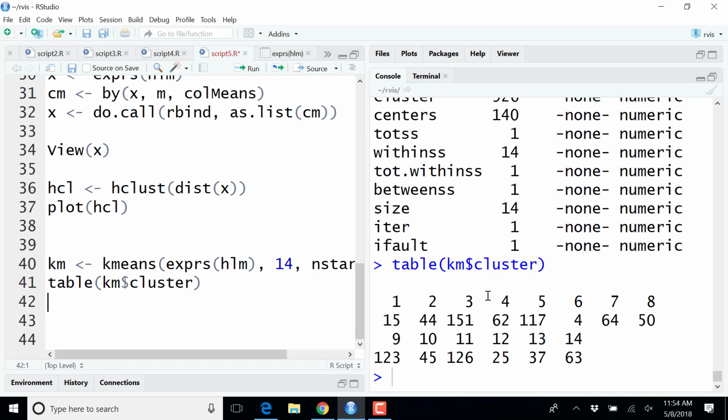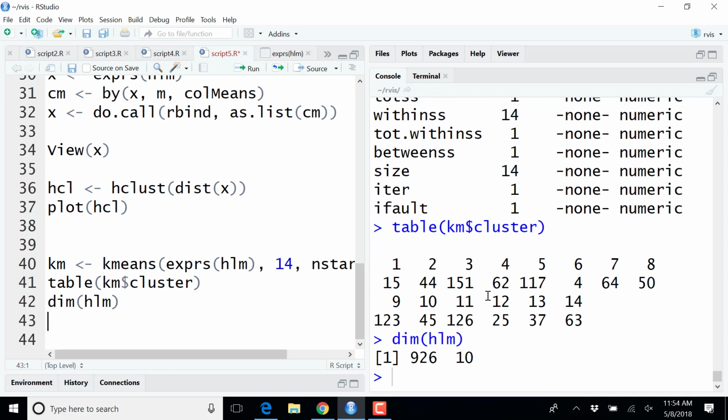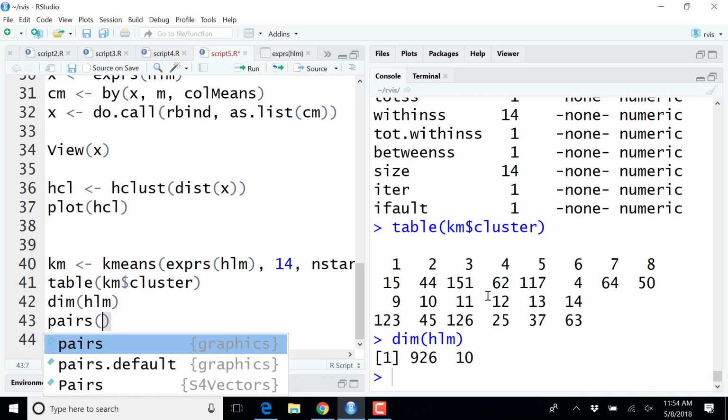So this data set has, is it 10 dimensions? Yes. We have 926 rows and 10 columns. So this data set has 10 dimensions. So how could we visualize this data? It's 10-dimensional data. So what we are going to do for now, and we will see in the next section how to improve on this, is to